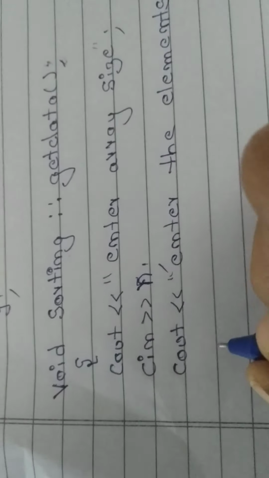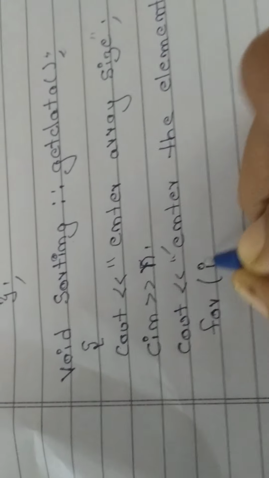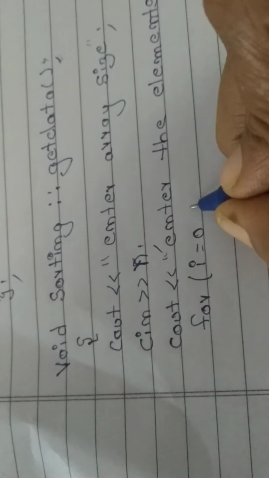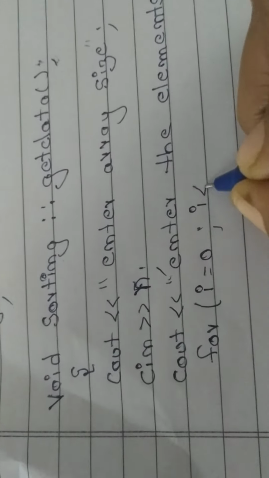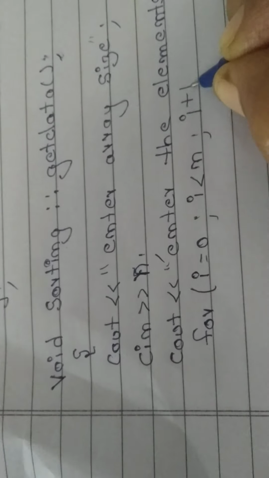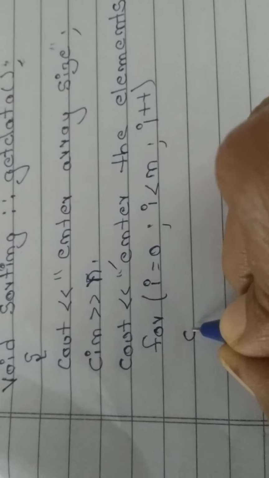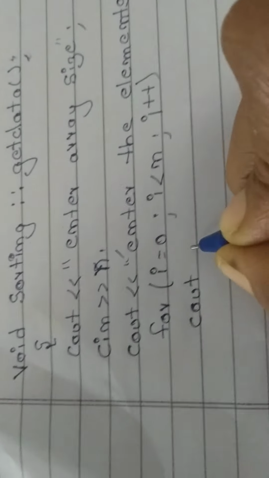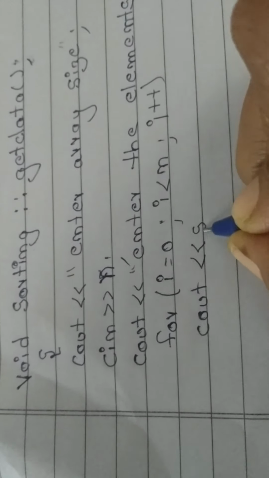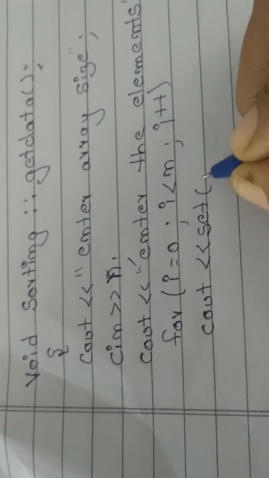Okay, many elements will be there. Now 5 means 5 elements we should enter. For i is equal to 0, i is less than n. For the for loop, for all the 8-9 programs, it is the same for loop. When you practice and compare, you will come to know. First only we are writing setw, meaning gap. 5 elements you told, no. Enter those 5 elements.